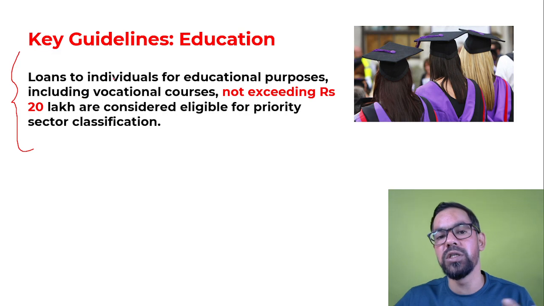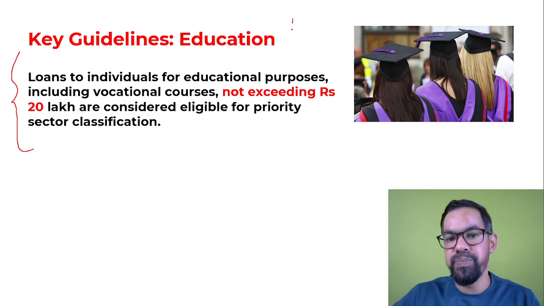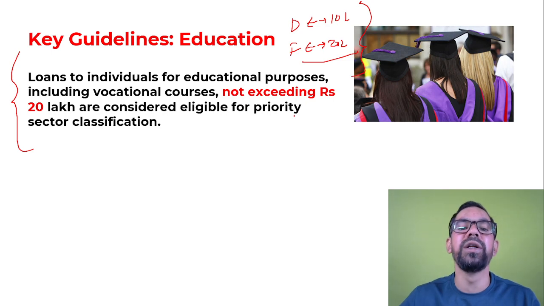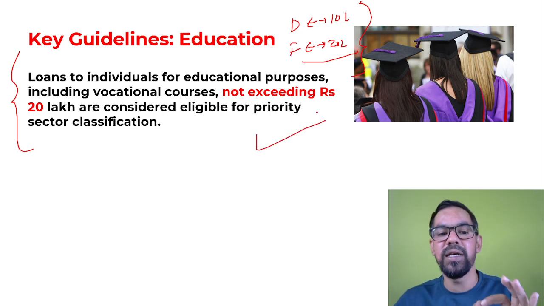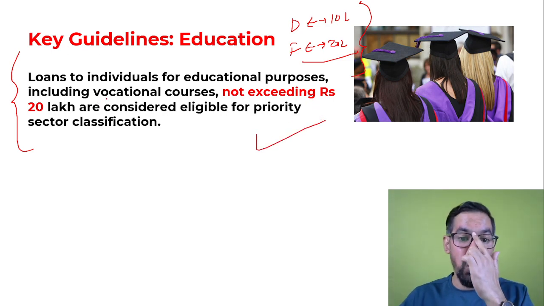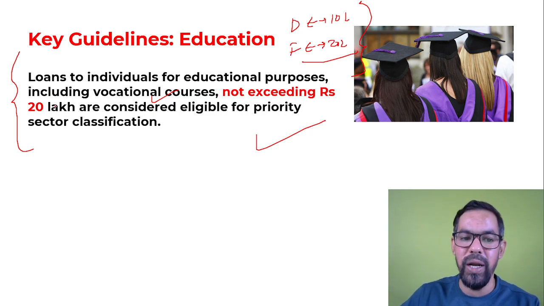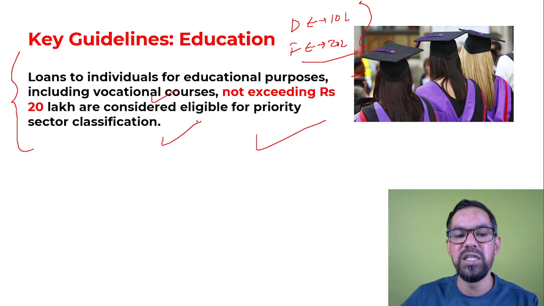So previously, for domestic education, it was 10 lakh rupees, and for foreign education, it was 20 lakh rupees. But now, for domestic as well as international, the limit is the same, that is 20 lakh rupees. So loan to an individual for educational purposes, including vocational courses, not exceeding rupees 20 lakh, is considered eligible for